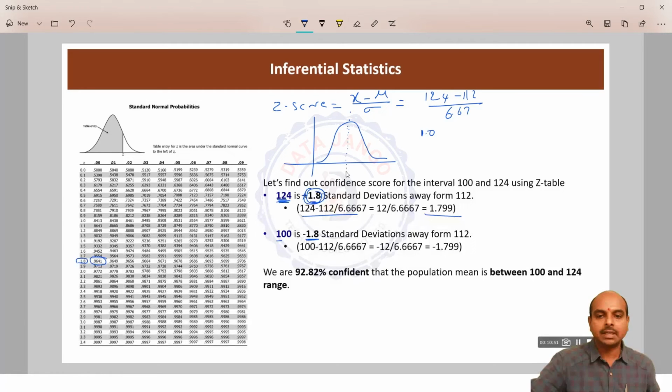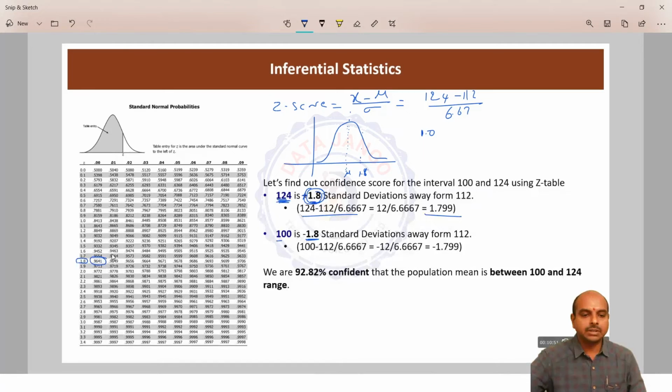The mean is here, mu, and then 1.8 standard deviations is going to be somewhere here. The area under this curve till here is actually this much percentage,